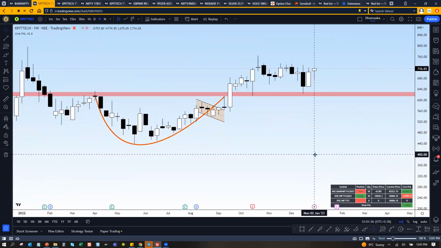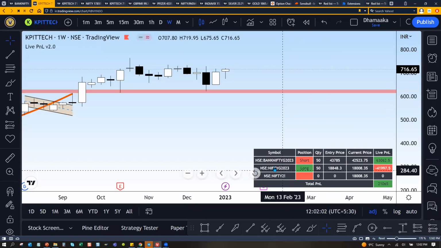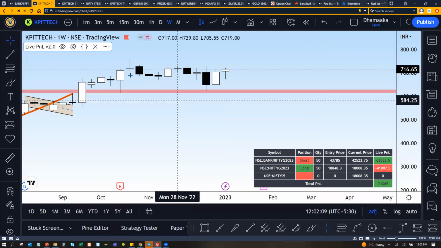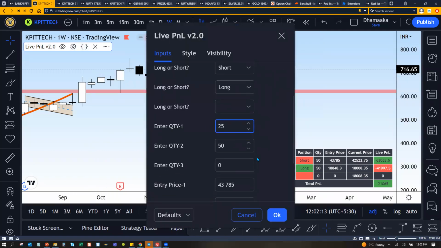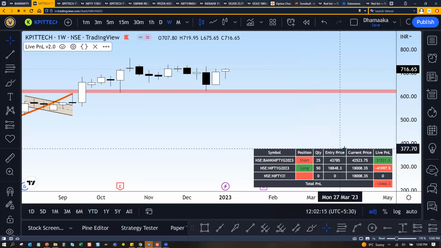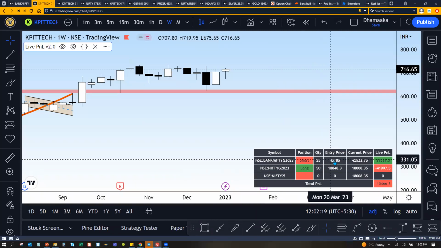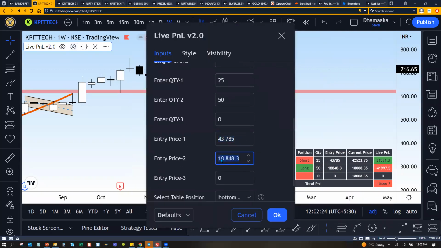So what this is saying is, Bank Nifty ka February ka future is short. Let me zoom in a bit. Bank Nifty short, this Nifty ka quantity is wrong actually. Bank Nifty should be 25. Nonetheless, the idea is to convey how to do paper trading for multiple instruments. So Bank Nifty short, Nifty long. Okay, entry price this. You can give an entry price at what price you entered.